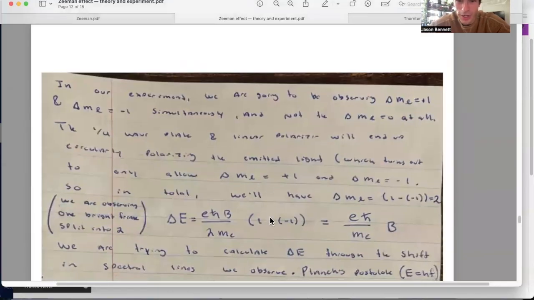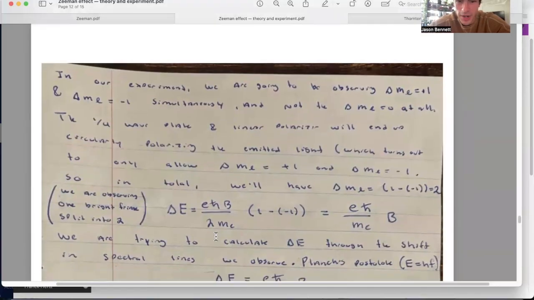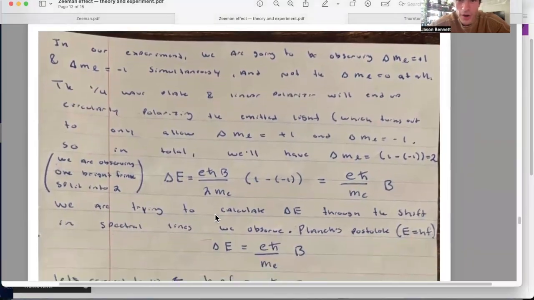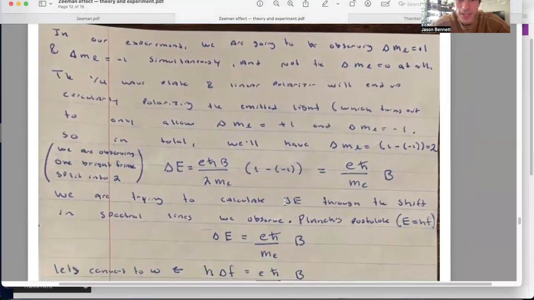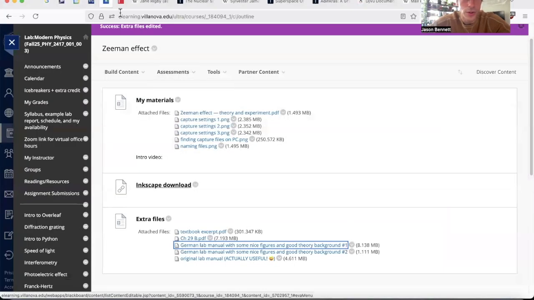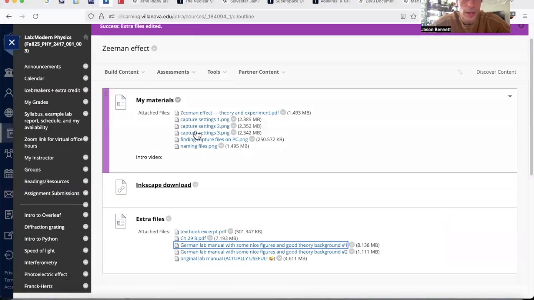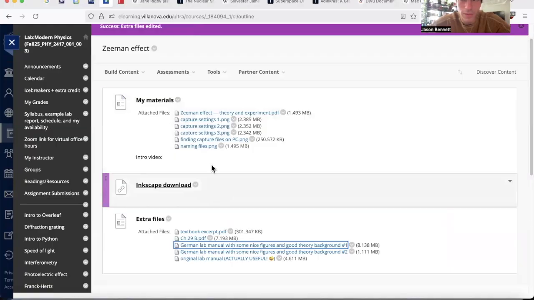So let's plug 2 in here. That gets rid of the 2 in the denominator. So what are we doing? We are trying to calculate the change in the energy through the shifts that we're going to observe in the spectral lines. So basically what we're going to see, let me show you. I mean, you'll see it in the experiment videos that come in a little bit, but